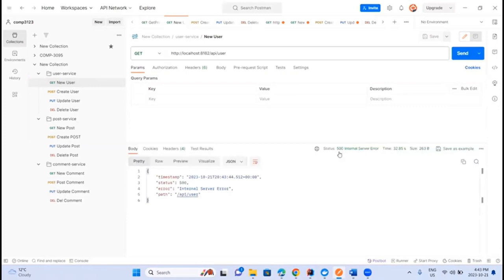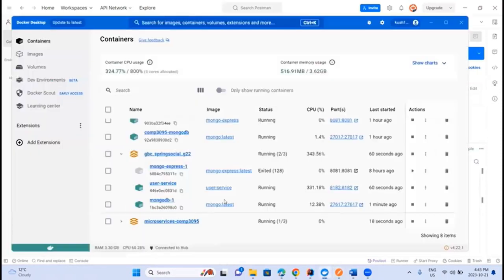And here it has run, and it's showing the 500 internal server error. Our user services is running